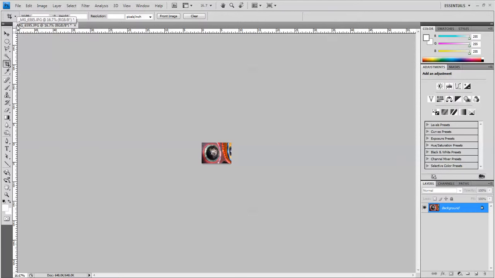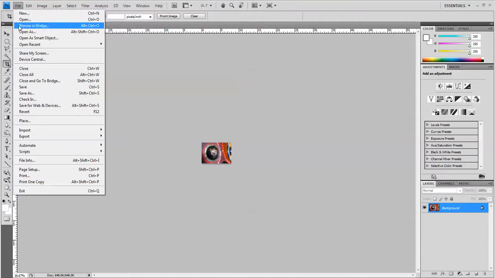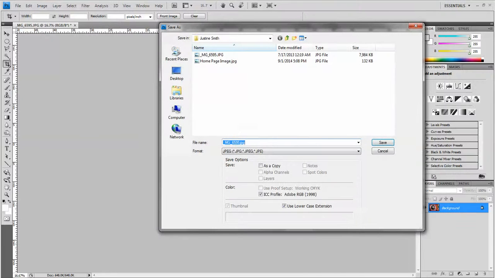Look up here at this tab. This was the name of the file, the original, MG6595. What I want to do is keep this file at its original really giant size, because one of these days I might want to print it and I might want it to be really large. So I'm going to save this as a different name so that I have one copy that's the original and I have another copy of it that's this little small one. So I'm going to go to File, Save As, and I'm going to call this, how about Colorful Web Home